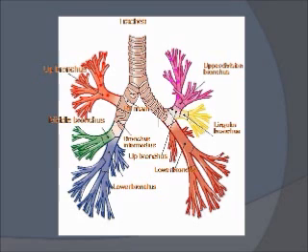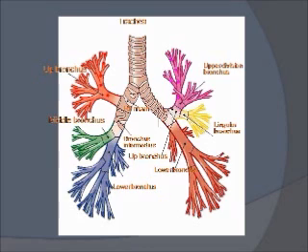See this example: there is a trachea, then it divides into right and left bronchi. Then the right bronchus gives the upper lobe bronchus, and the upper lobe bronchus gives 3 segmental bronchi: the apical segmental bronchus, the anterior segmental bronchus, and the posterior segmental bronchus. So there are 3 segments in the right upper lobe. Then the right bronchus continues as bronchus intermedius, which supplies the middle lobe bronchus. The middle lobe has 2 segments, the medial and lateral segment. So there are 2 segments in the right middle lobe.